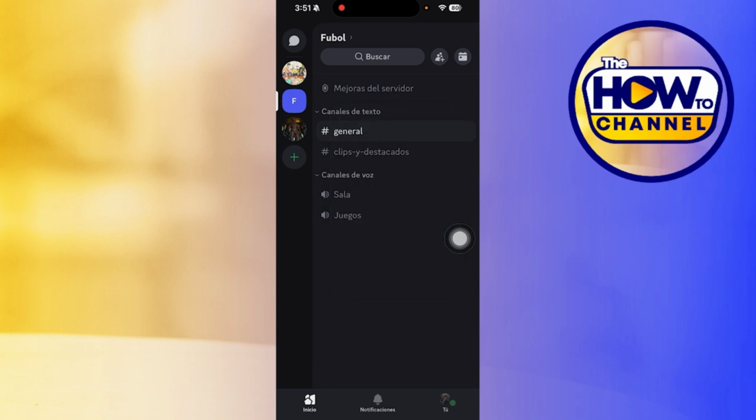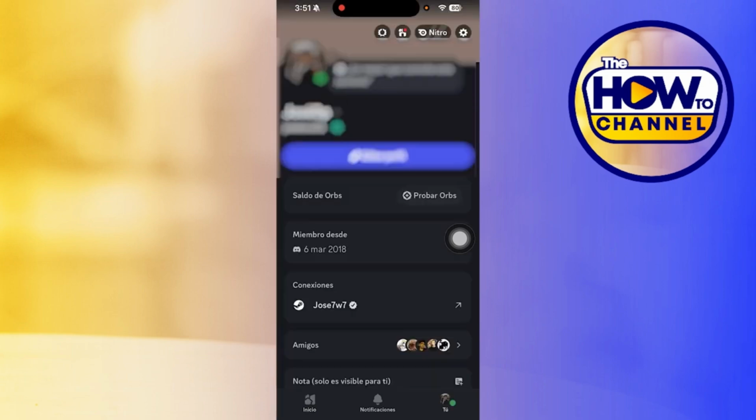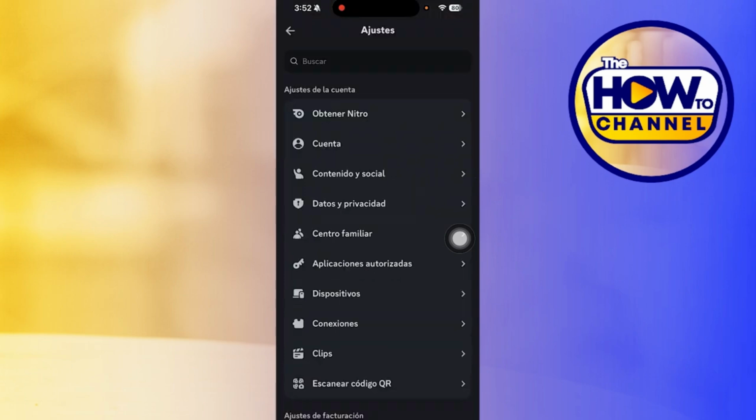And in this case, as you can see, we'll be in this section here. What we'll have to do is enter our profile. Once in our profile, we'll have to click on the settings icon or the gear located in the upper right part. Once here, what we'll have to do is go to the connections option, in which you'll have to click